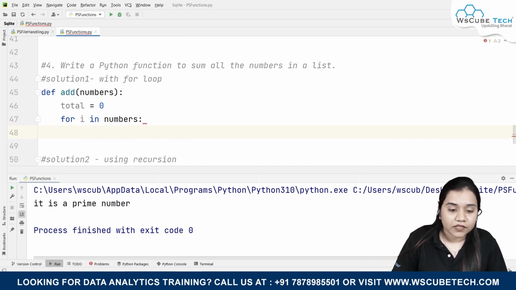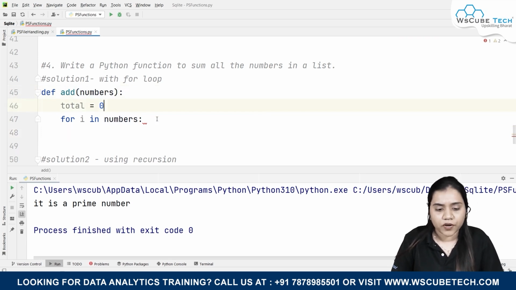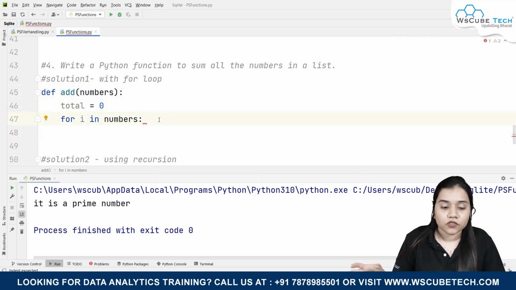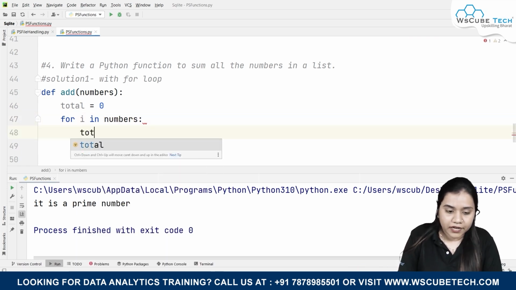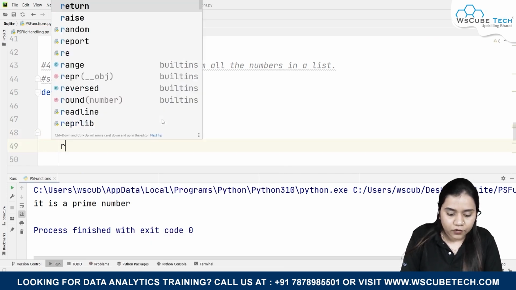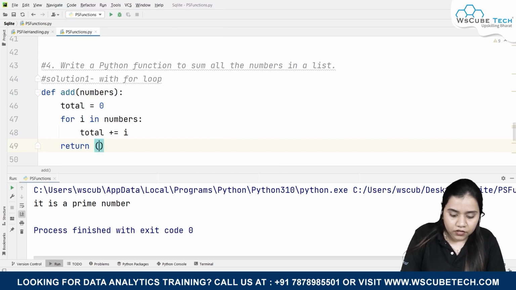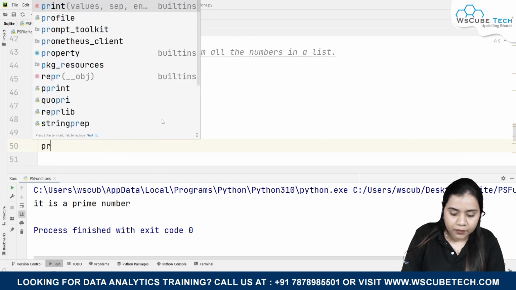Inside the numbers, I'll be providing a tuple over here. You can provide a tuple, or we can provide a list, totally your choice. So I'll be providing a tuple over here, and here we will be writing total plus equals i, so that every time i will be added to the total. Lastly, we will return the value, that is, return total. And while calling it, we will be writing print